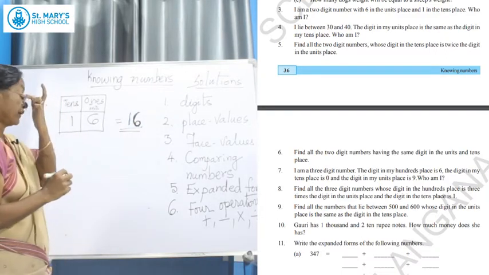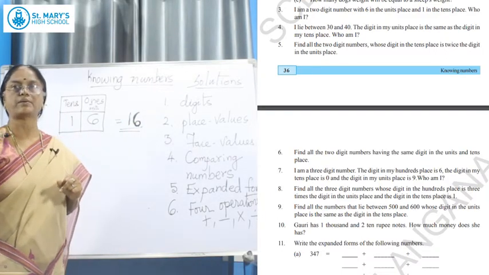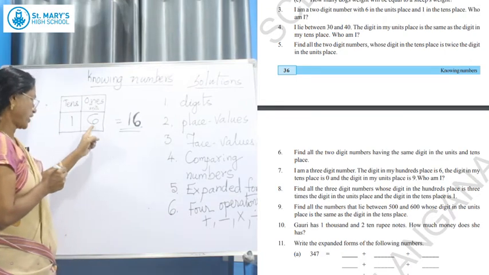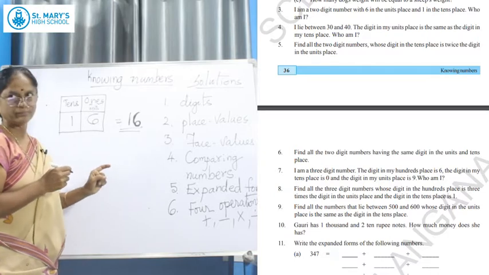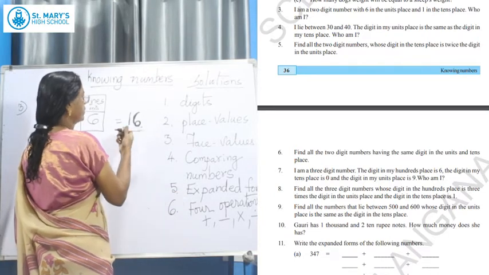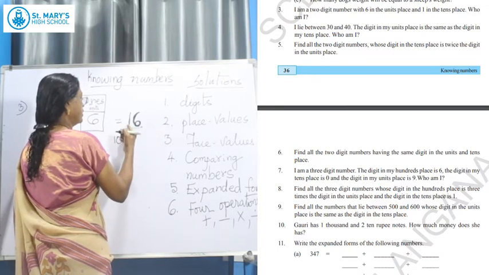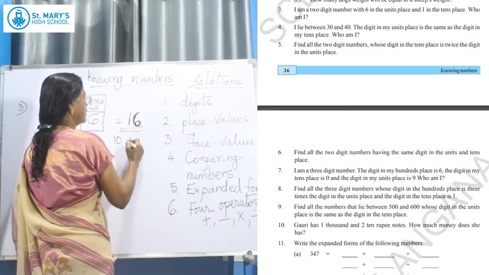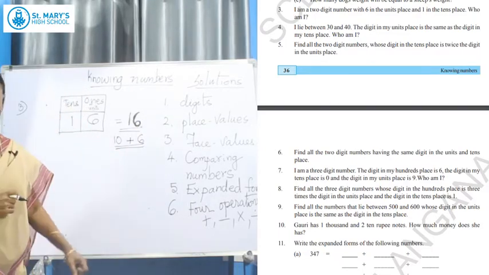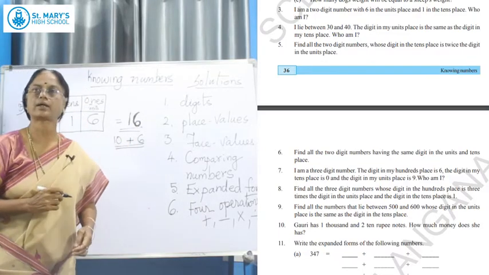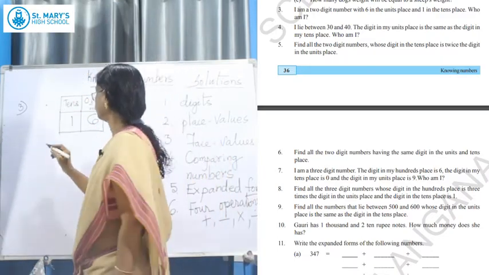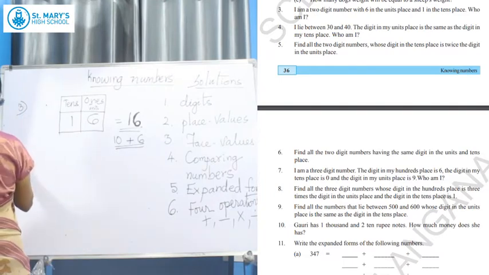Right? 16 is a 2-digit number. How do you expand this number? Now you know the place value and face value. Now how do you expand this number? 1 tens are 10. 10 plus 6. That way you can expand. Now addition also you came to know. Right? We are going to the fourth question now. See there. Fourth question answer.